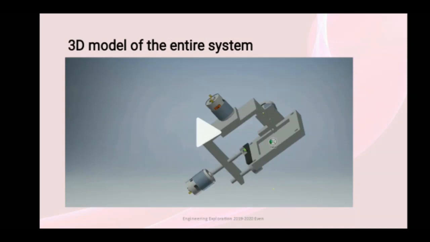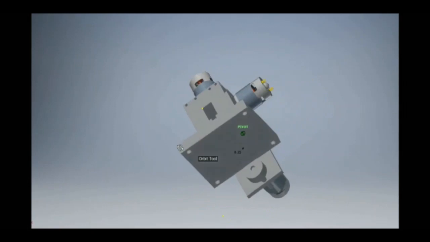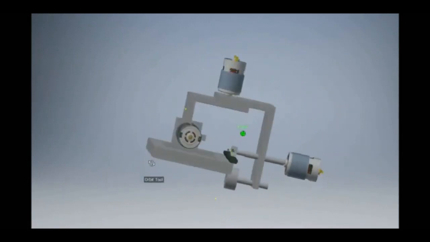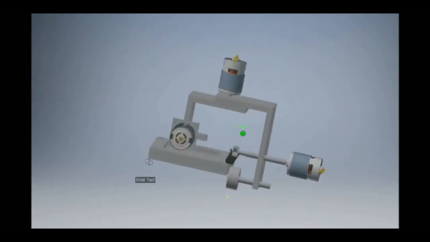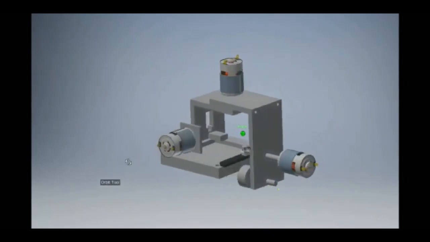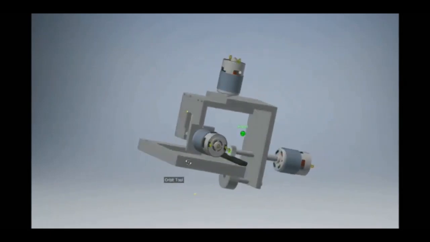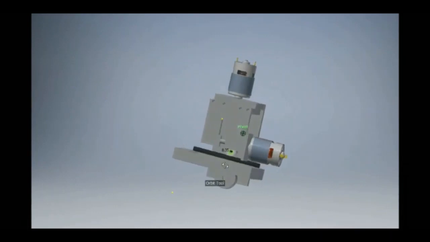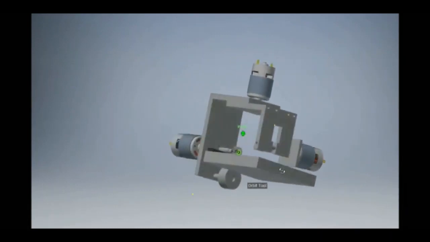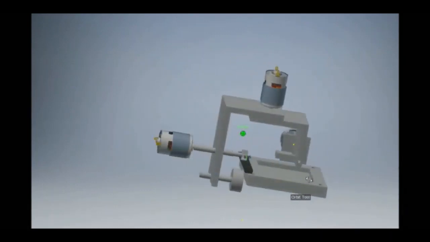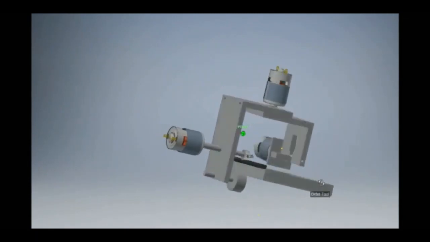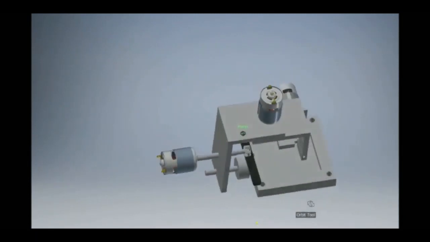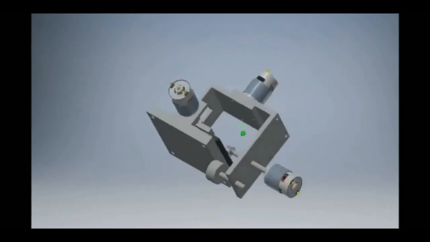Now I am going to play this video so that you can see all the subsystems and the entire system. Here now you can see the entire system and all the subsystems. The first subsystem is movement unit or the movement subsystem. Second one is rotating unit or the rotating subsystem. And third one is striking subsystem. And a carom board placed in between the movement unit or the movement subsystem.